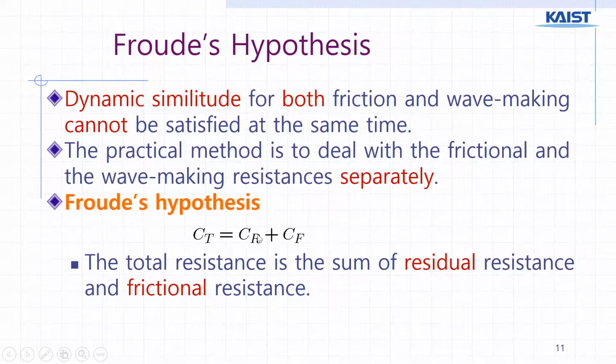CT can be divided into CR and CF by doing different model tests. CF is for Reynolds number testing, the same Reynolds number. CR is for the same Froude number. You can get the numbers coming from two different model tests. But anyway, if you get the CR and CF, then you can get CT. Then you can calculate the resistance of the ship